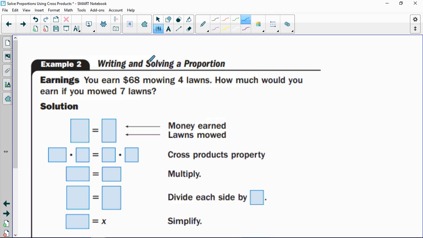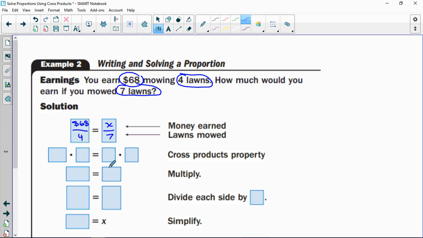So here we have a word problem. You earn $68 mowing 4 lawns. So I've got $68, I've got 4 lawns. How much would you earn if you mowed 7 lawns? So these are the 3 pieces of information I have. I'm missing 1 piece. In this case, I'm lining up the money earned. If I got $68 for 4 lawns, I want to know how many dollars for